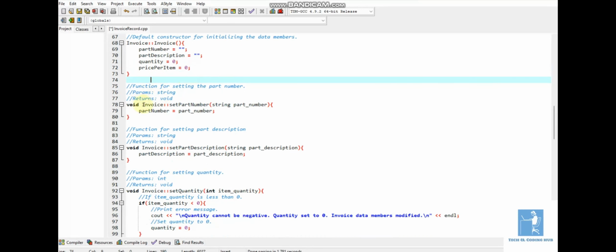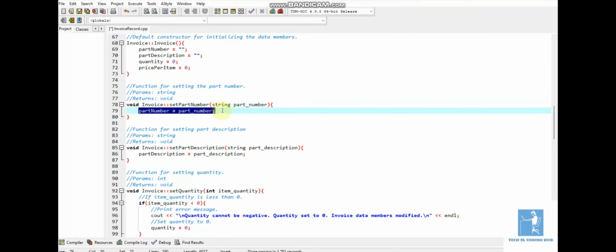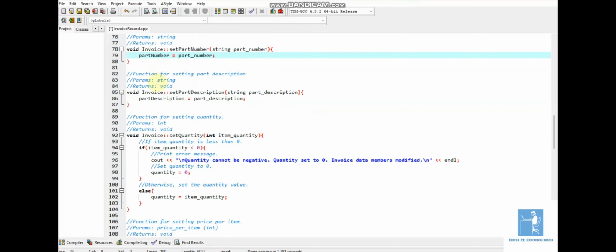Now we move on to another function, which is the set part number. Its return type is void. It returns nothing. It just does what it does. It takes a string, which is the part number, then assigns the part number to the data member. And now we move on to the